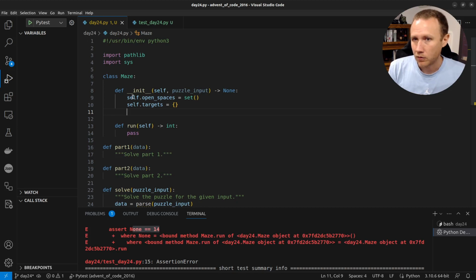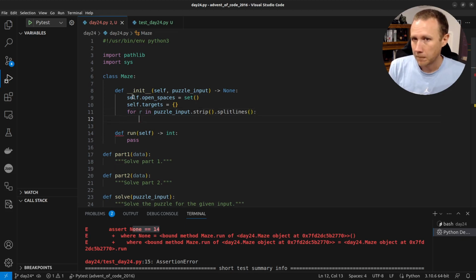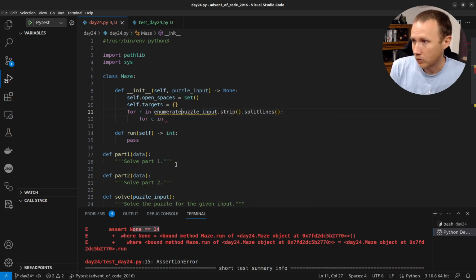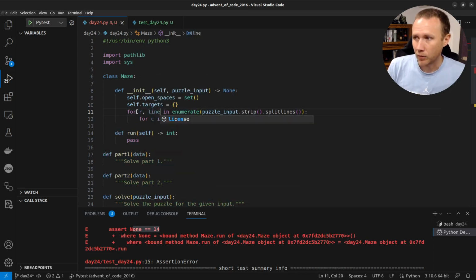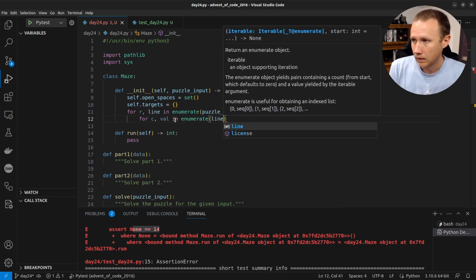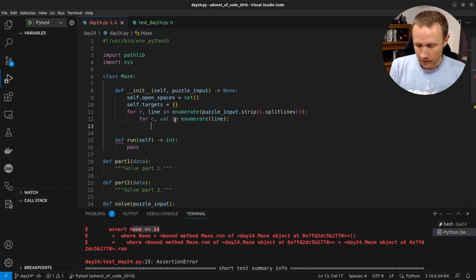Okay, so now we can do for r in puzzle input dot strip dot split lines. For c in, oh, actually, no, we need to enumerate that. So now I can have r comma line. So I'll get the line itself as well as the number of the line. And then here I can do for c comma val in enumerate line. So now, if val equals, let's see,